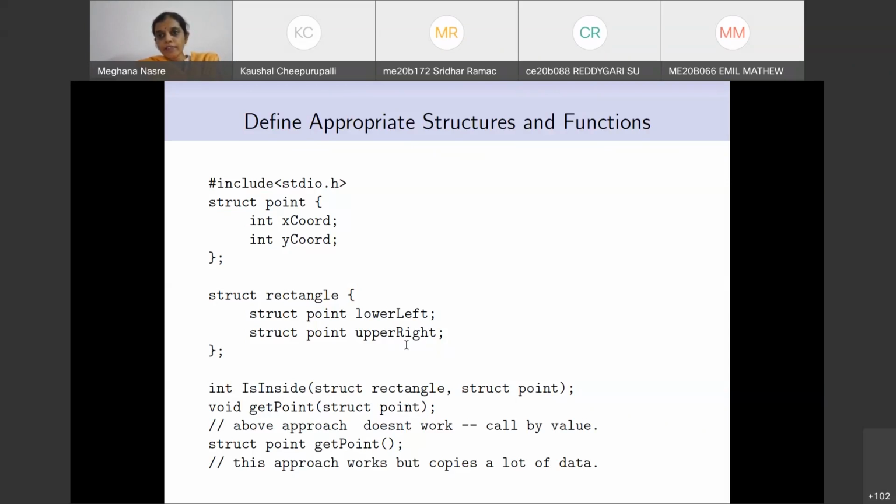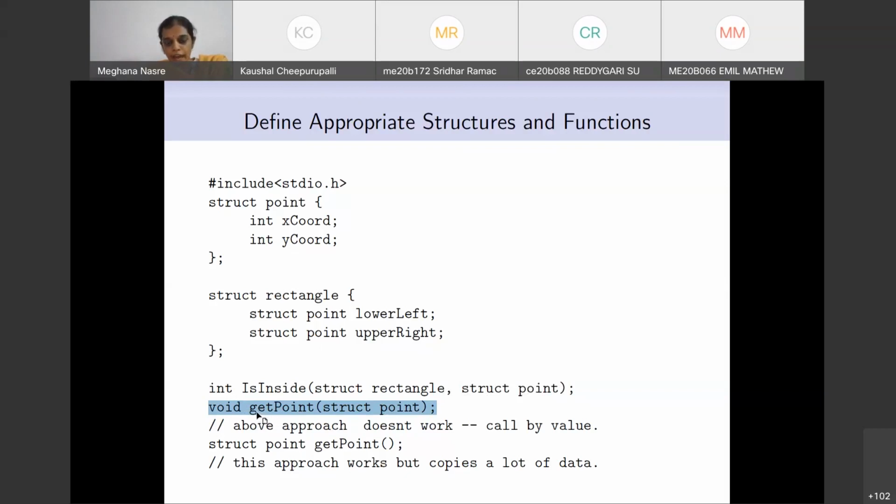So one thing that we were looking at towards the end of the class yesterday was this function, get point, which we tried to write. This function will be called inside main, and eventually we'll want to call it for some rectangle's lower left or upper right. But let's say we simply call it for some point.